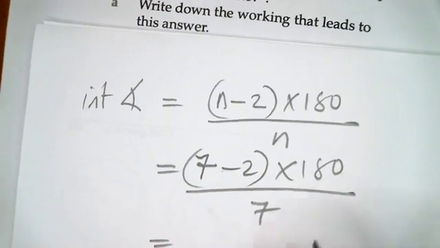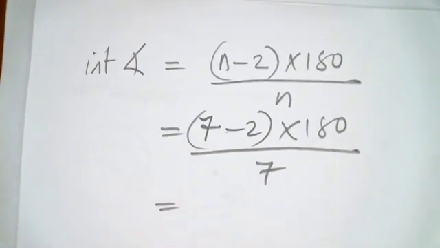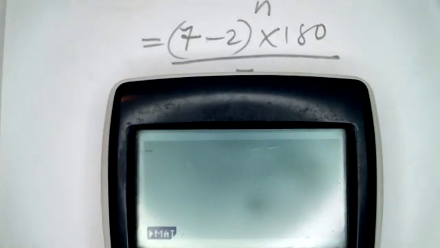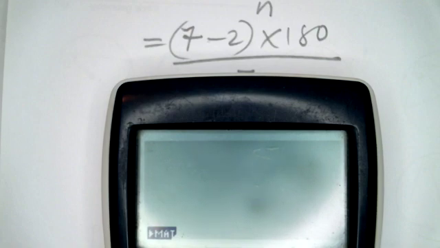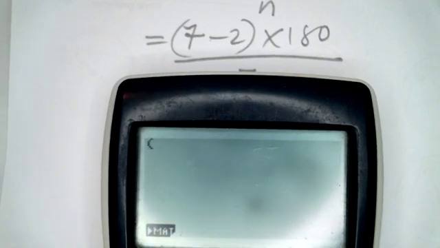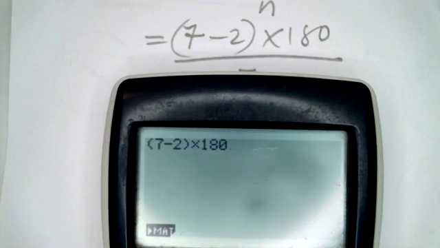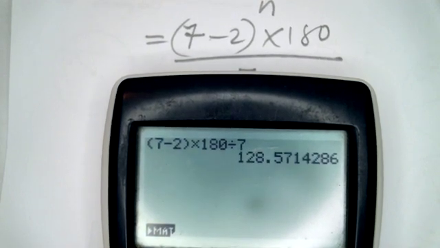And we can simplify this as we go if we want, but I'm just going to pop the whole thing into a calculator and do the whole thing in one go. So it's going to be 7 minus 2, which is 5. So I'll write out 7 minus 2 times 180, and I'm going to divide the whole thing by 7. It doesn't really matter if I put brackets anywhere in particular. There it is,